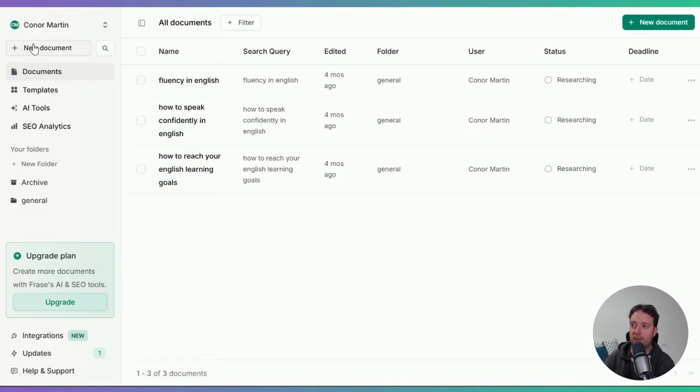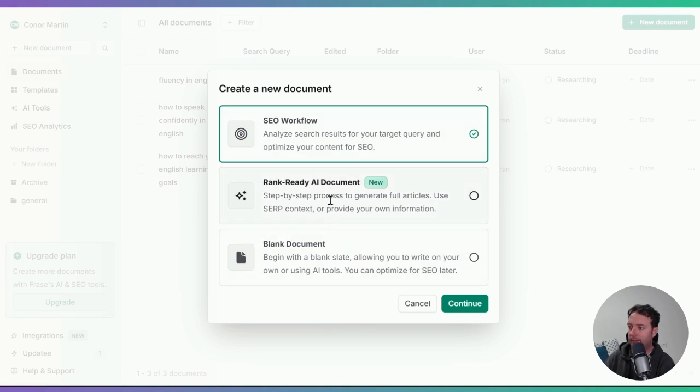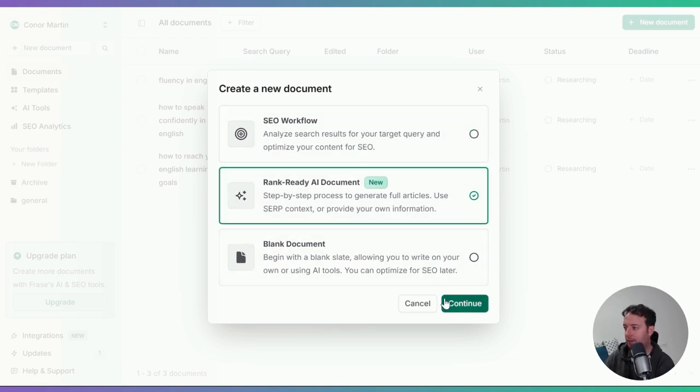So in order to get started, we just need to do new document and then go to Rank Ready document. So it's a step-by-step process to generate full articles. I like the idea of this, to be honest, because it is a step-by-step process. No matter how much we want to automate everything with SEO, it's always good to have those eyes on the content, on the keywords, all of that you want to check out. The outline is super important because the AI can often get lost, right? And if you're not paying attention, just keep going, yes, yes, next, next, next, then you might not get the